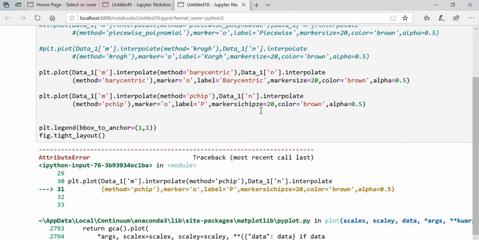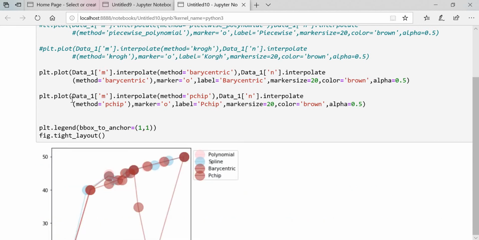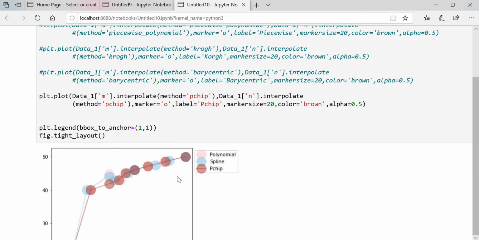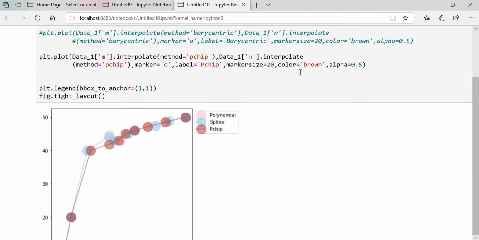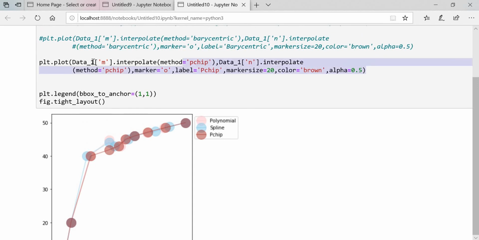Okay, something goes wrong. Marker size should be... you can see over here that we got the graph. Let me comment it out. You can see here we got it in a linear way, so maybe you can use this for further calculation to fill the NaN.